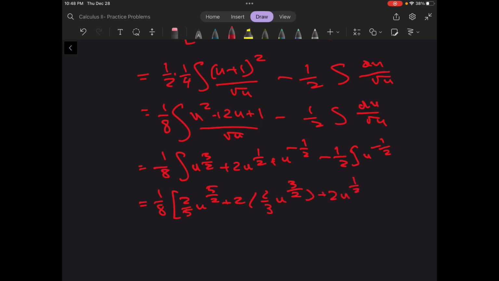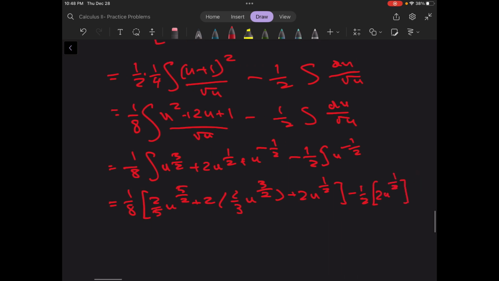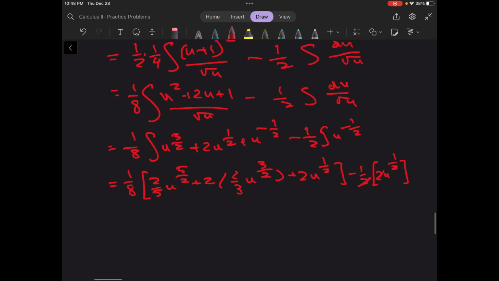2u to the 1/2 if you do all those power rules. And then you're going to get minus 1/2 times 2u to the 1/2 when you do that power rule. 2 cancels with 2. And let's see. Let's also distribute this 1/8 in and plug back in the function for u. It's a tough problem, but